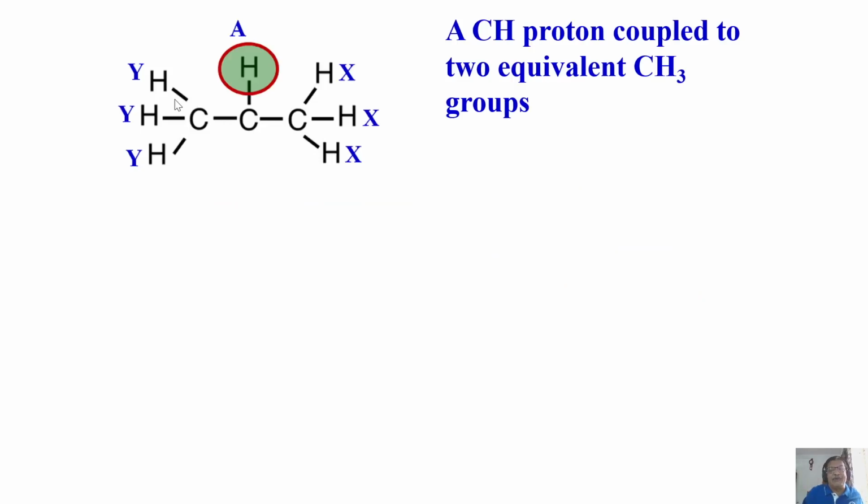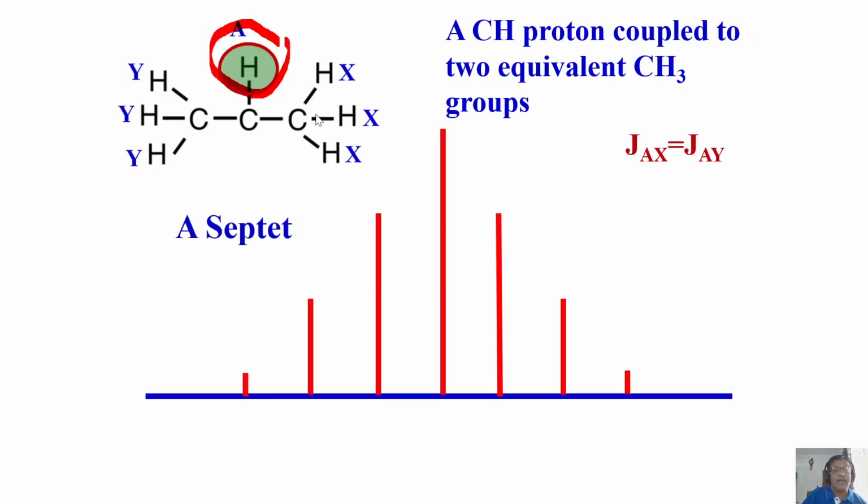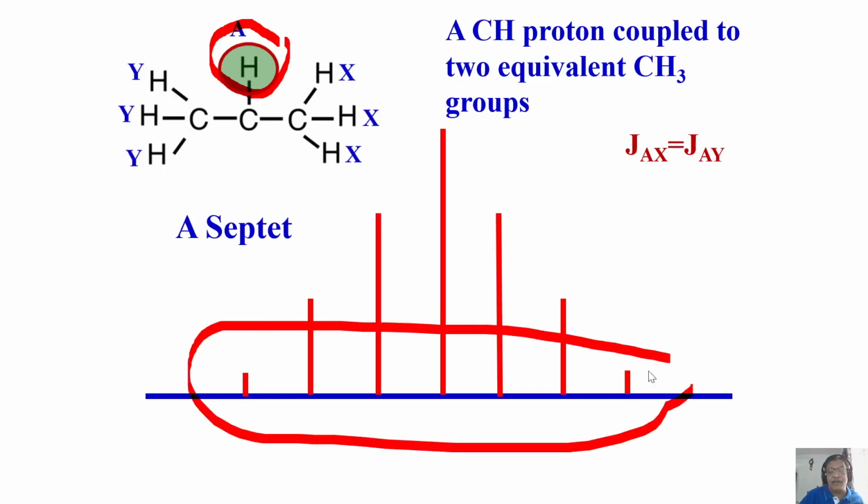Now I'll take another example. Here is a beautiful example. Again, a hypothetical molecule. I have taken this proton A coupled to 2 CH3s that have equivalent coupling. Understand? 2 CH3s have equivalent coupling. What is the pattern I expect? Doesn't matter whether you take this first or this first. Both are CH3s. It is going to be a septet. First pentet, sextet, now I'm working out the septet for you. 5-line pattern, 6-line pattern, now it's a 7-line pattern. See, count it: 1, 2, 3, 4, 5, 6, 7. This 7-line pattern is accepted.